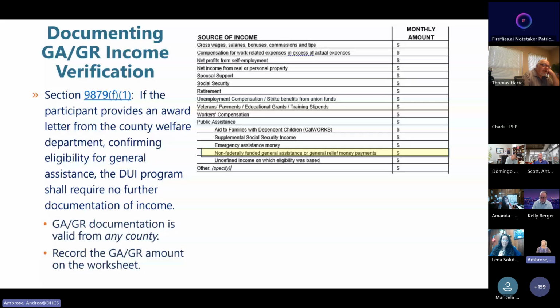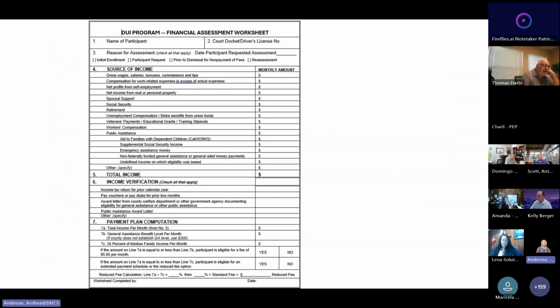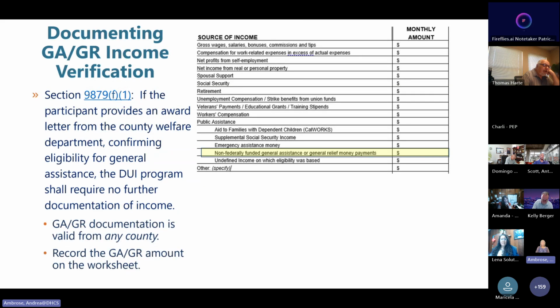All right, so let us now look at some of the details of the different types of valid documentation and how we interpret and verify or document the income that it shows on those verification documents. So the first thing that we'll look at is documenting GA or GR income.